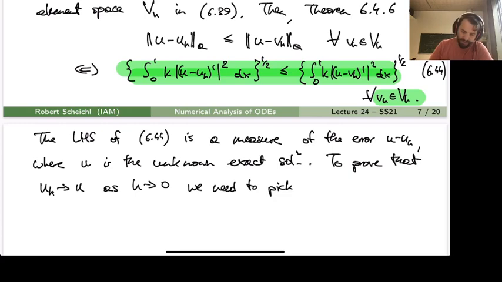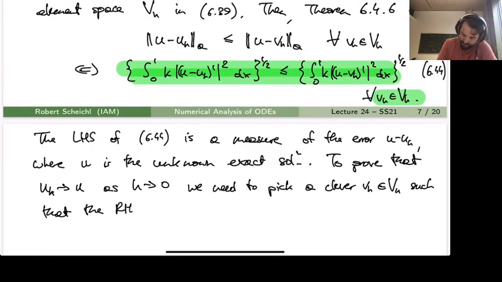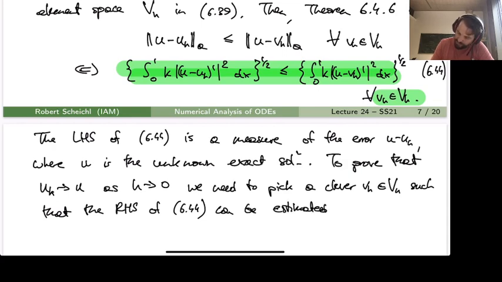So we need to pick a clever vh in Vh such that the right hand side of 644 can be estimated in terms of h,